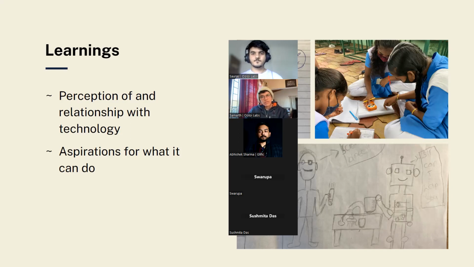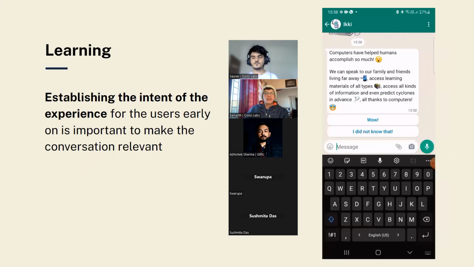At the same time, when we tried asking around, a lot of the students seemed very comfortable with it, so they'd be very happy to draw the robot. A lot of them had mixed relationships. Some were relationships of subservience, and some thought that the robots know everything, so they'll come in and start teaching classrooms. There were lots of arguments between the students saying, this is how it'll be, that is how it'll be. And so you glean a lot of your understanding of their comfort based on these conversations as well.